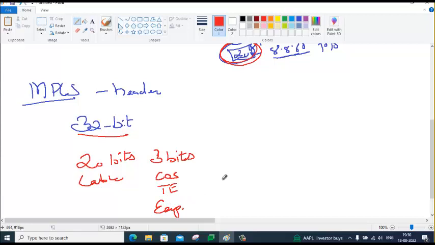After this comes 1 bit that tells whether we have many MPLS layers in this packet or a single layer. If you have done VPN, layer 3 VPN, any layer 3 VPN, it may be GRE or IPsec, you might have noticed that there will be 2 layer 3 headers, inner header and outer header, 2 layer 3 source addresses, 2 layer 3 destination addresses.